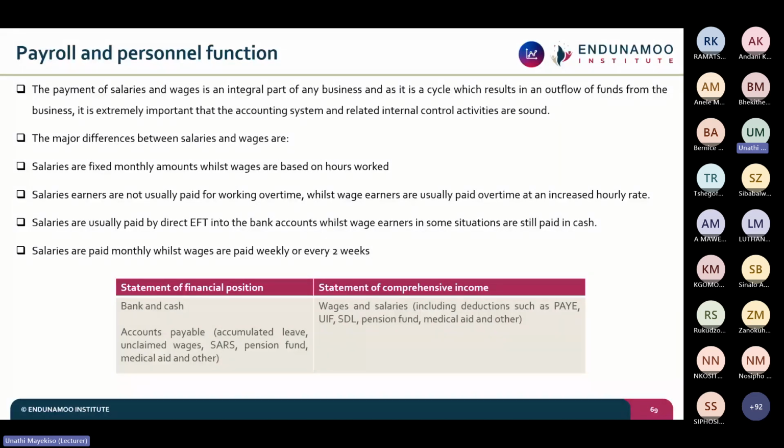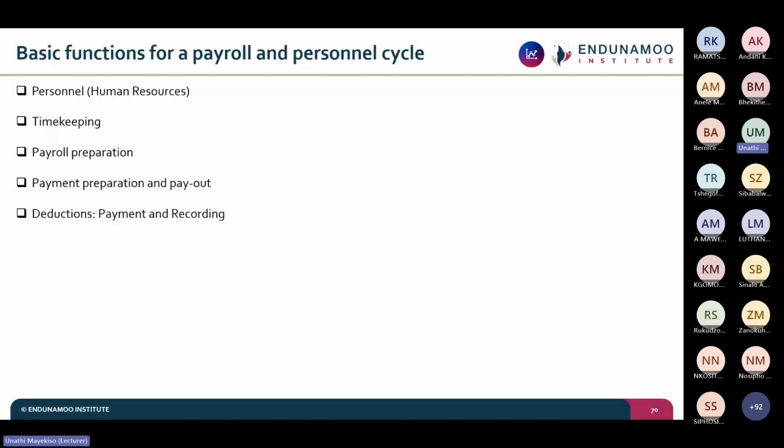Then the functions or departments would be personnel, which is HR, timekeeping, where you would store your timesheets, payroll preparation in accordance with your timesheets, and then the payment preparation and payout, and any deductions, whether you've got garnishes or medical aid deductions, third-party deductions, all of those things go through